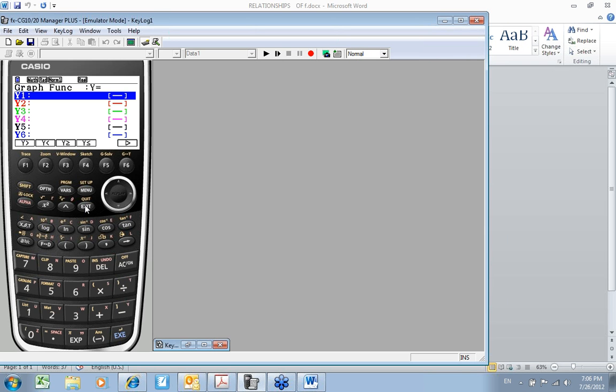Okay, so I'm just going to exit. That gets me back to where I was. Exit's a very important button. Menu's an important button. And then execute down here at the bottom is an important button. That was the hardest thing for me to get used to, just pressing the execute button.